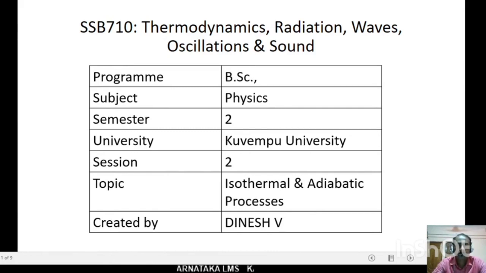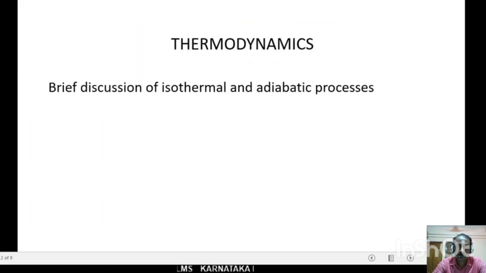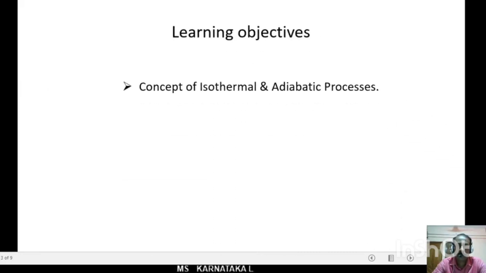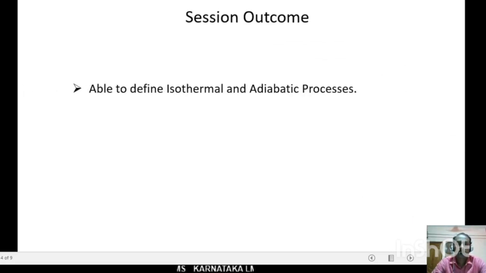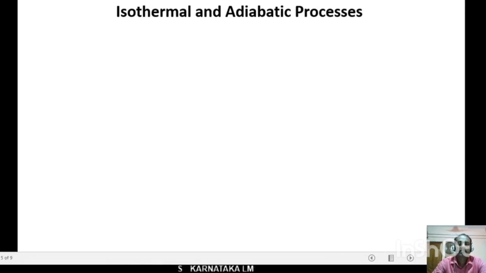Dear students, in this session, I am going to explain the concept of isothermal process and adiabatic process, and also PV diagram or indicator diagram. Dear students, let us see the isothermal process. Isothermal process means